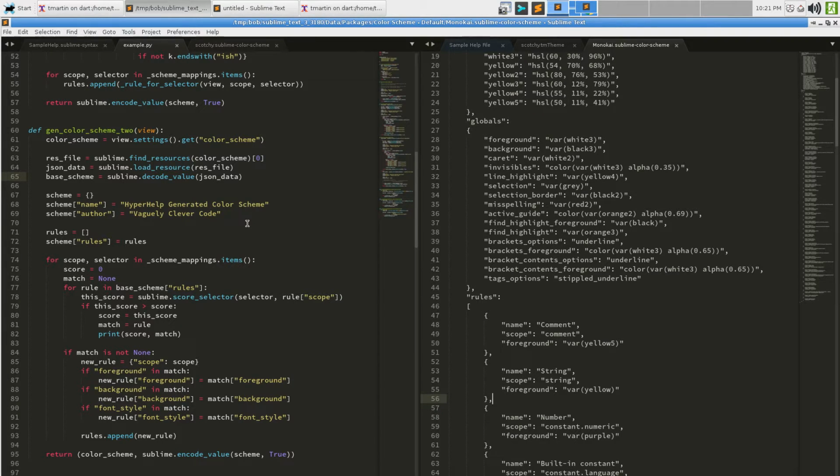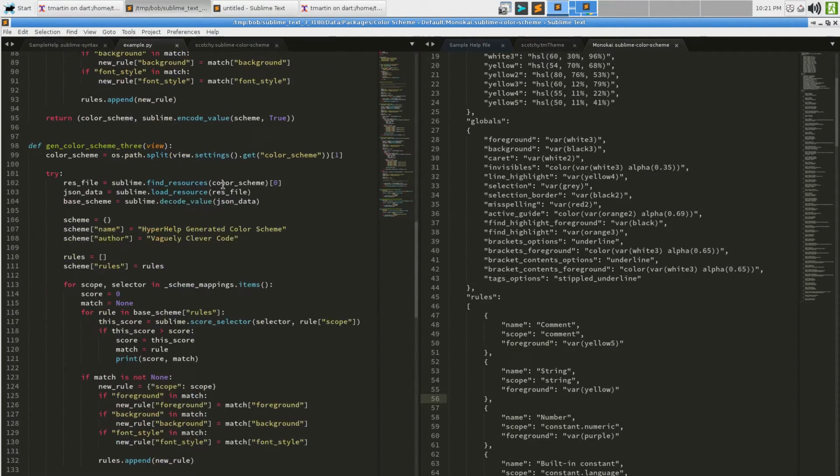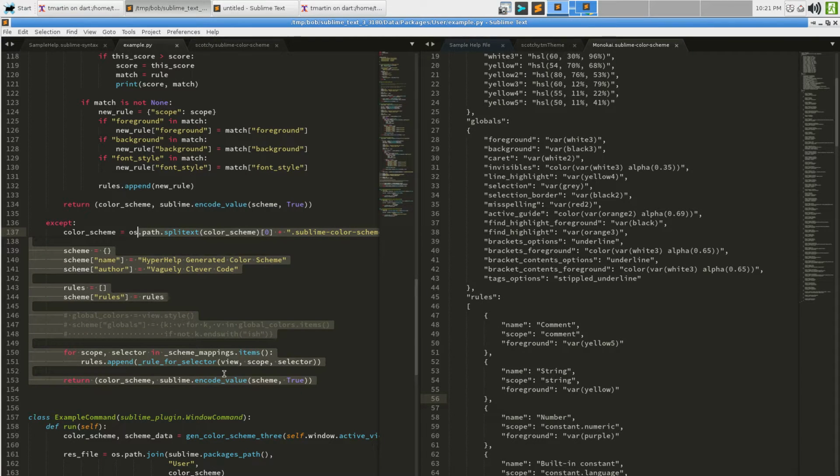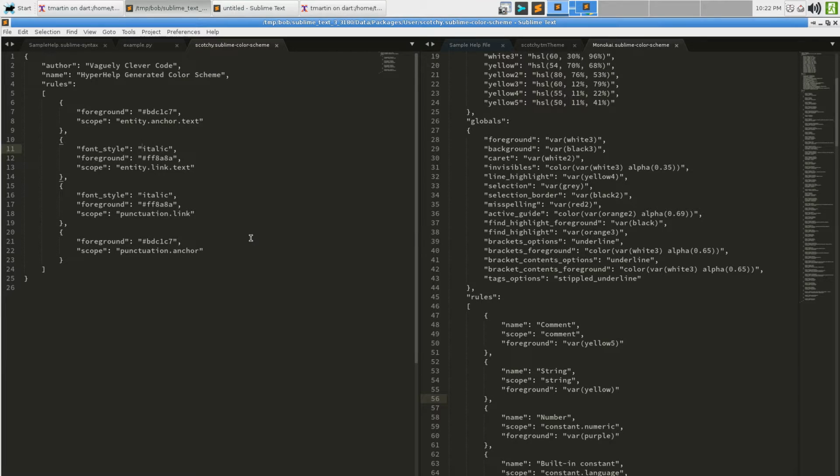And because you have to be prepared for people to be using color schemes that are still in the old style, you can fall back to doing it the way we did it originally, which is create our own color scheme by asking the view for what colors it would use for various items, and then just generate that and make sure you generate it into a file with the same name as the original file, but always with a Sublime Color Scheme extension, and it will generate you a file like that. Now here you lose the value of variables, but there wasn't any to begin with.